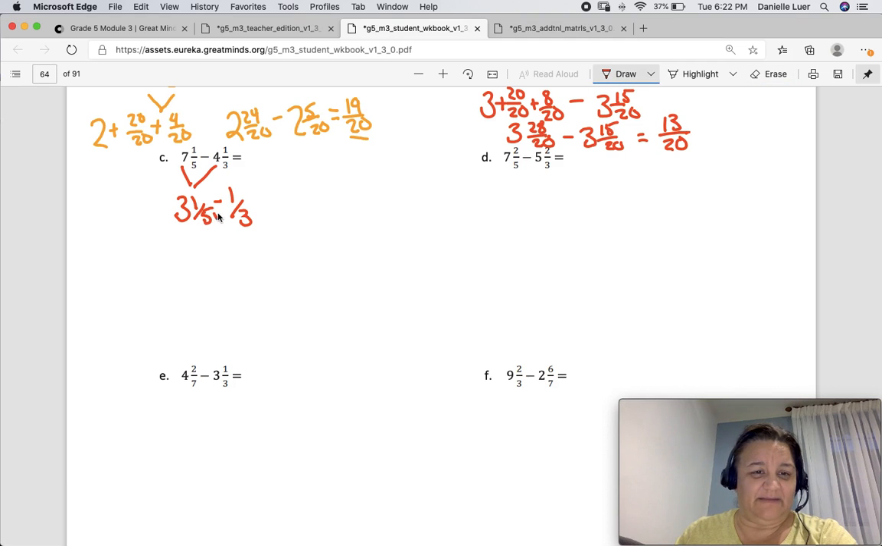Okay, so this is going to be multiplied by 3. That's going to be multiplied by 5. This is going to be multiplied by 5. This is going to be multiplied by 3. So I have 3 and 3/15